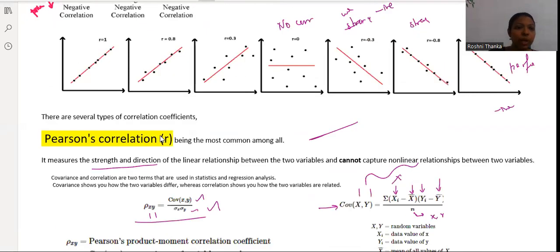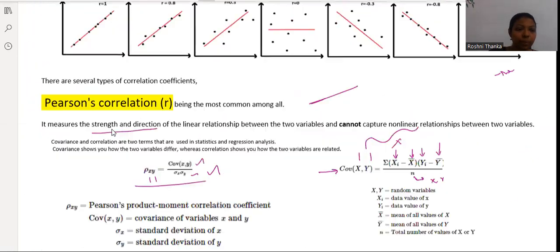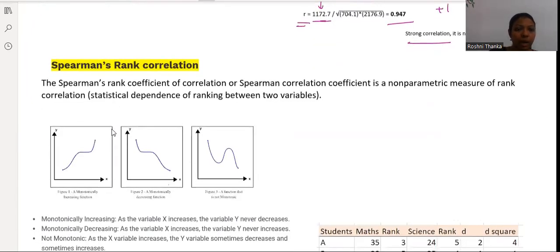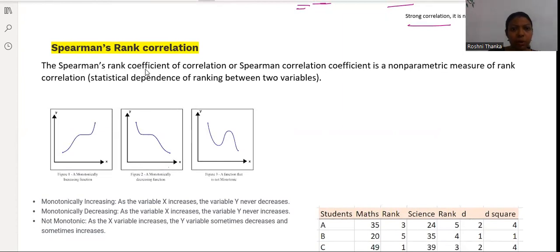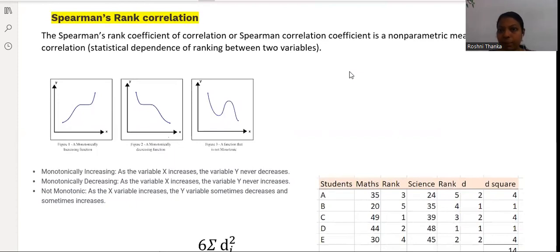And the next method to find the correlation coefficient is Spearman. Spearman's rank correlation, also called Spearman rank coefficient of correlation or Spearman's correlation coefficient, is a non-parametric measure. What is this non-parametric measure? Here we are not going to use any mean or standard deviation. Without the mean, standard deviation or mathematical functions, we are going to use only rank. With the help of the rank, we are going to find the correlation